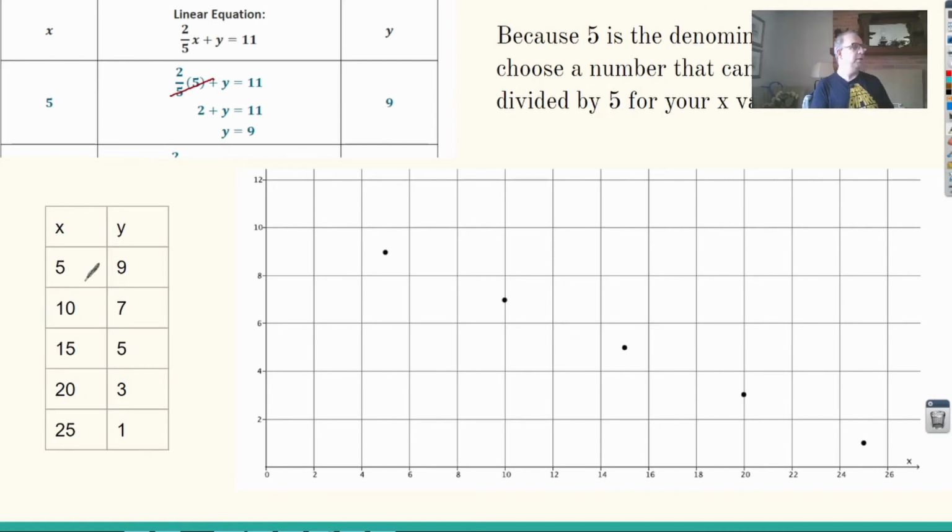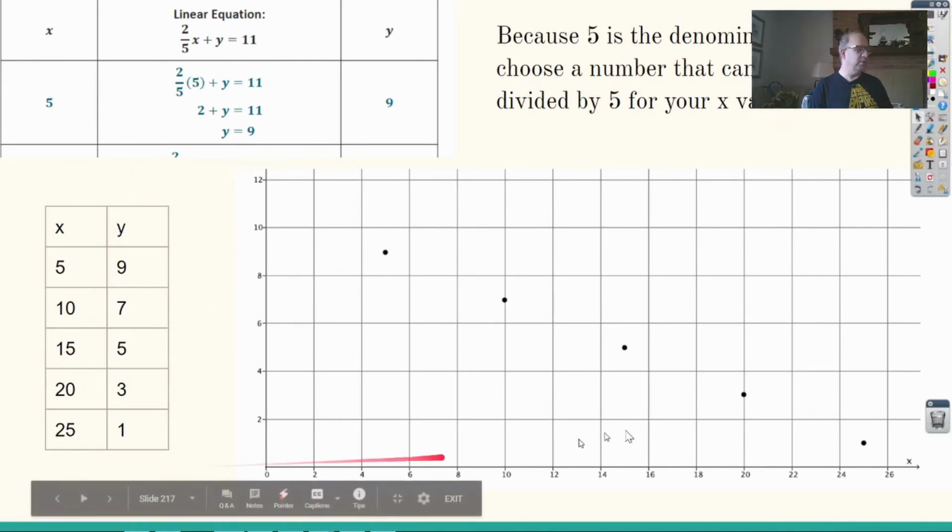So 10 times 2/5 would be 2 times 10 is 20 divided by 5 equals 4. 15 times 2/5 would be 15 times 2 is 30 divided by 5, which is 6. So on and so forth. And then I'm going to subtract those from 11 to get my answer. So I'm choosing multiples of 5 to get through here, and my answers end up being, so this one here